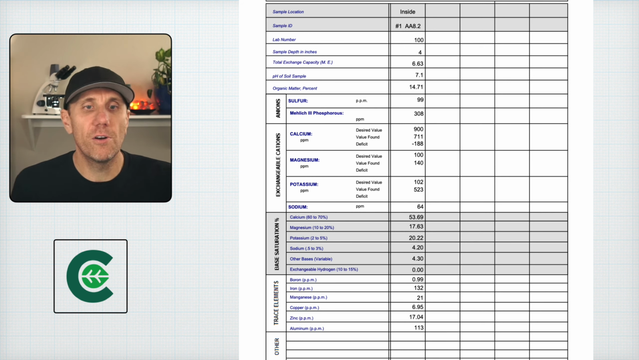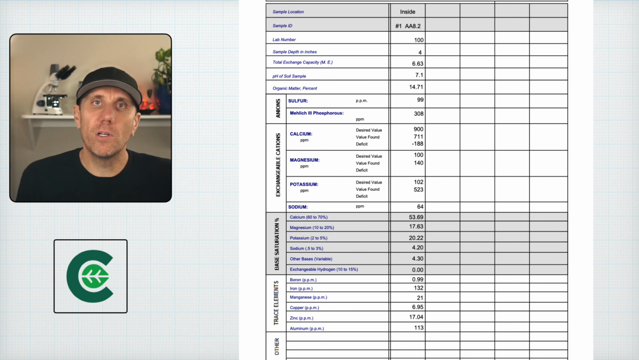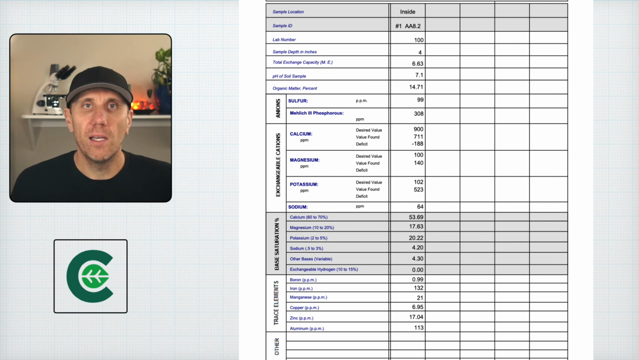So instead of 1,700, we have 711 parts per million of calcium, which is what this AA 8.2 test is supposed to do. By using a different extraction agent and by increasing the pH to 8.2, it represents or measures the calcium, magnesium, potassium in different ratios. And you can see that reflected in this soil test versus the other soil tests. So whereas we had